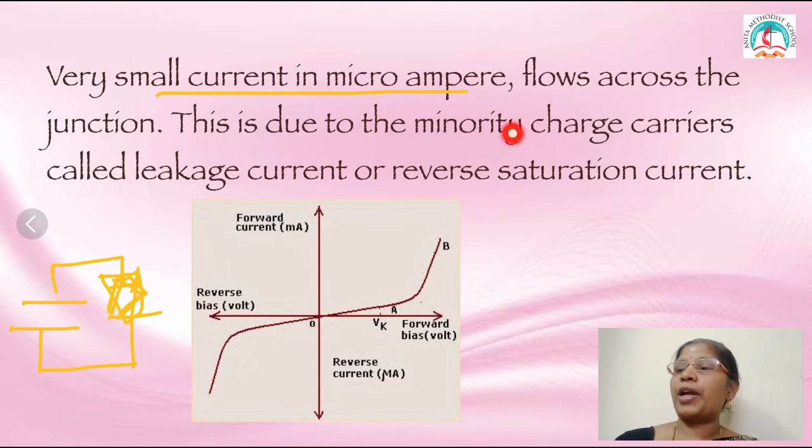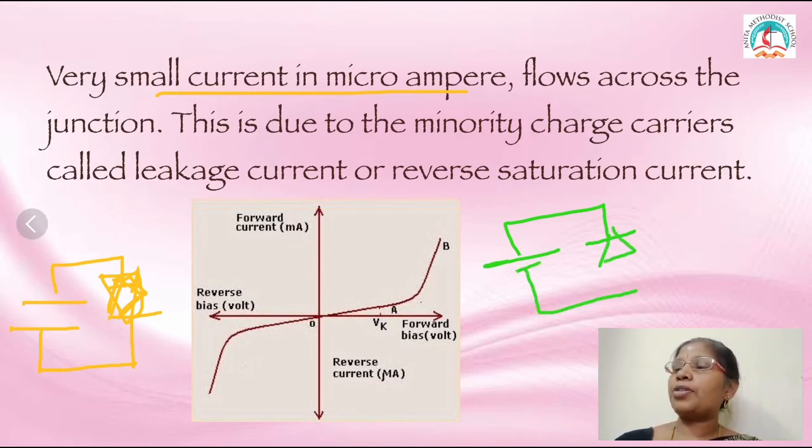Both are reversed on that side. So that is which one? It is reverse bias. Very little current is produced here, so the value is measured in terms of microampere. The positive end of the battery is connected to the negative end of the diode, and the negative end of the battery is connected to the positive end of the diode, which means reverse bias. So you will get a very small amount of current, and the current value is in terms of microampere.